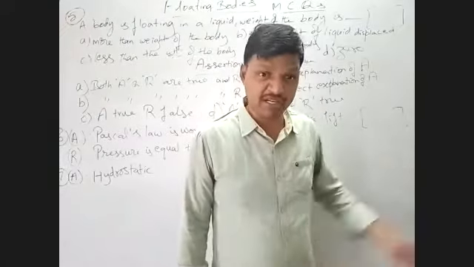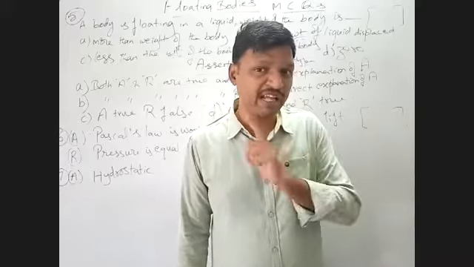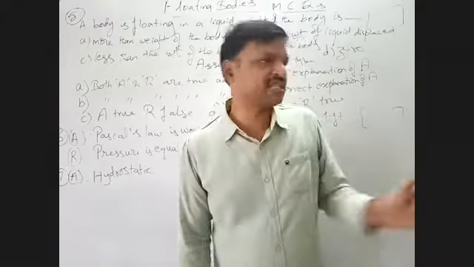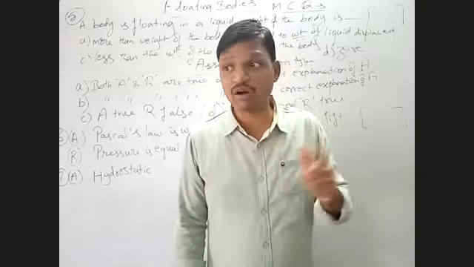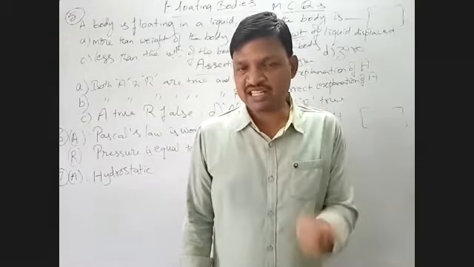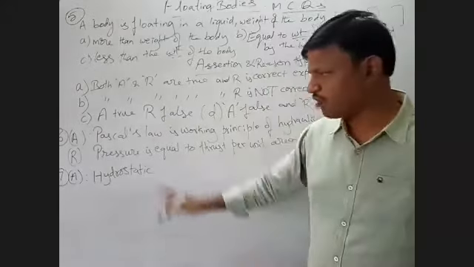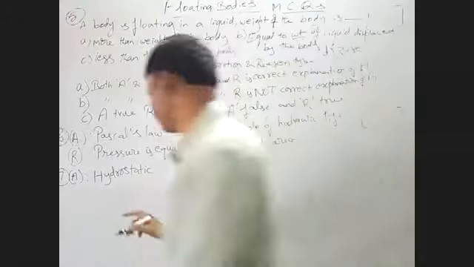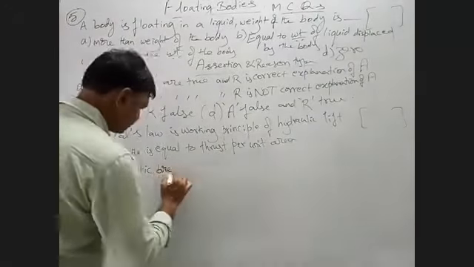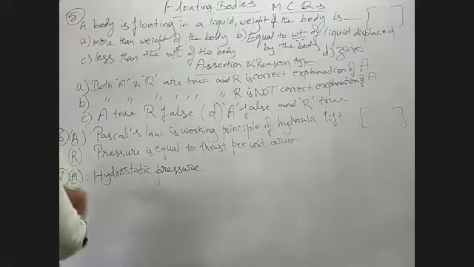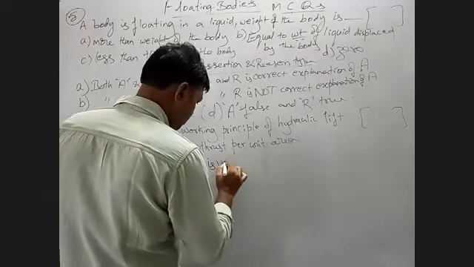Dynamic means it is moving; the liquid should be moving. For example, a river is moving. The pressure inside a moving river is not the same as the pressure inside a pond or lake or well, where the water is at rest. Understood? That is the meaning of hydrostatic pressure. Hydrostatic pressure is a vector quantity.